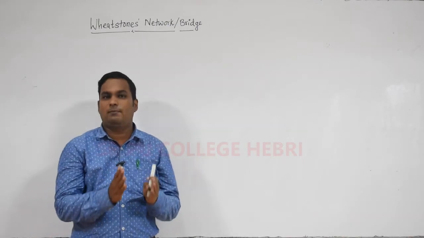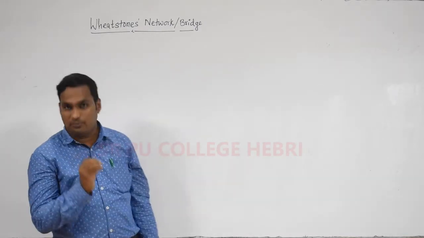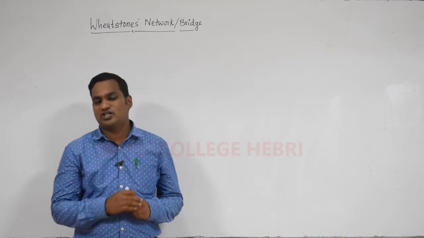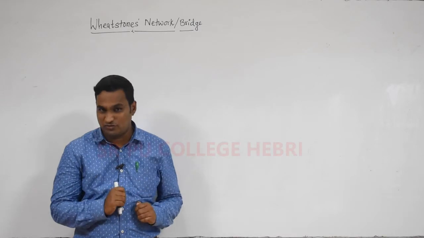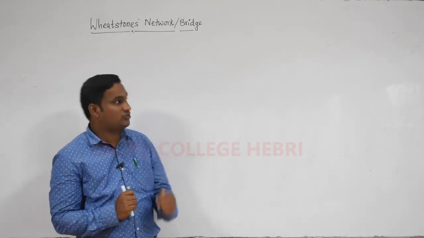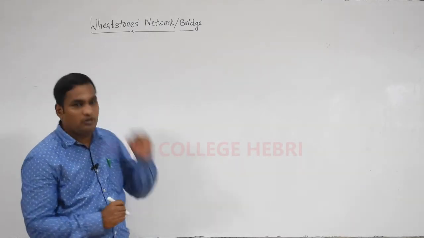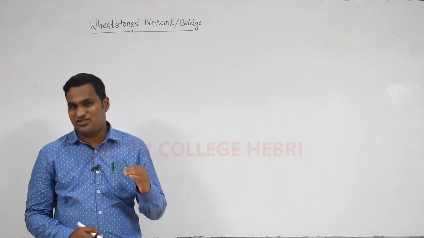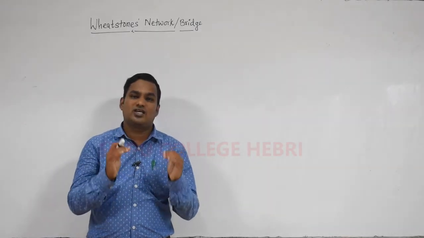Then we're going to discuss the balanced condition of that also, and this part is mainly important for 5 marks. Usually they ask in the annual exam: obtain the balanced condition of Wheatstone bridge by using Kirchhoff's law. It is one of the important questions for 5 marks. Before discussing that, we'll first discuss the structure of the Wheatstone bridge. Keep one point clear in your mind: the Wheatstone network or bridge is mainly used to find the unknown resistance in a given network.